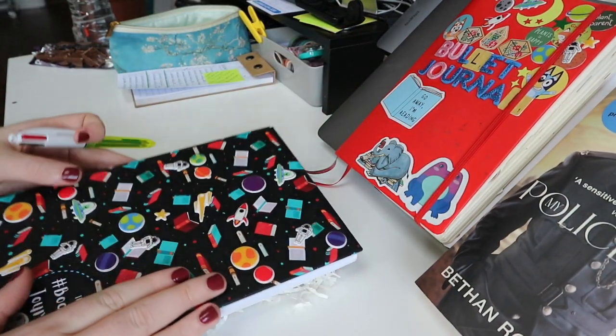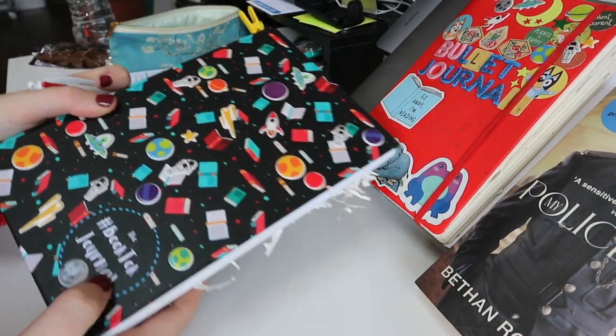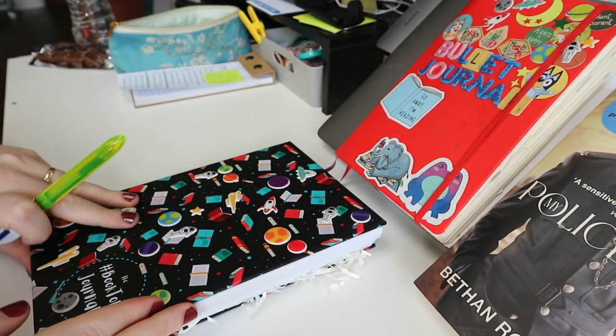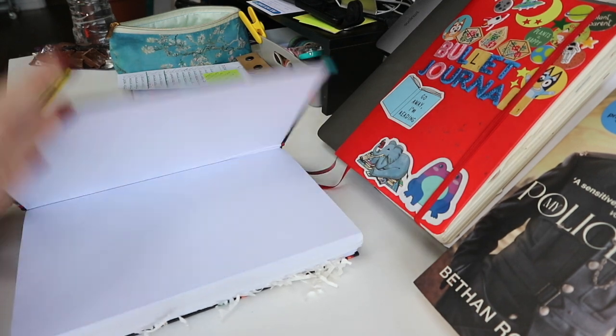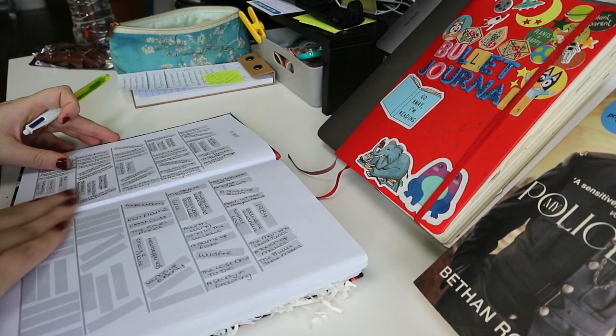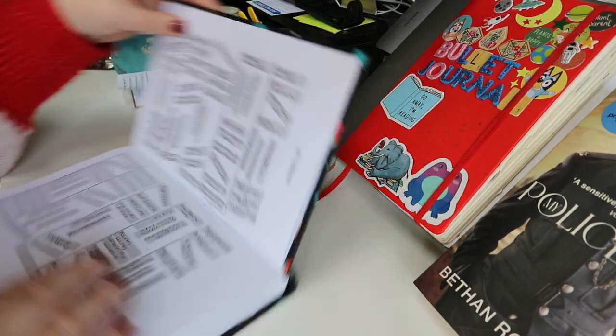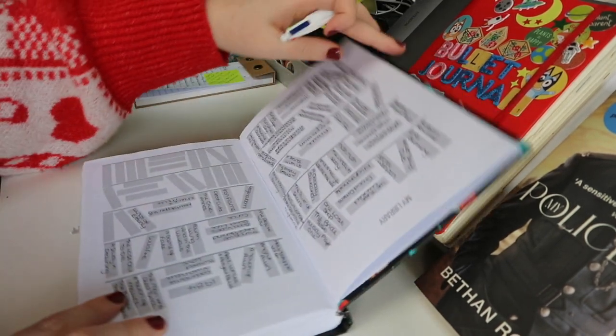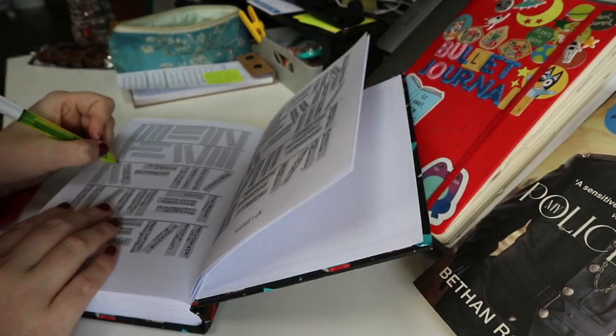So this is the book talk journal. I added some of my own stickers because I thought they looked cool. And as I flip to, actually no, let's start at the beginning. So here we have the kind of library looking section of the book, so I can add in